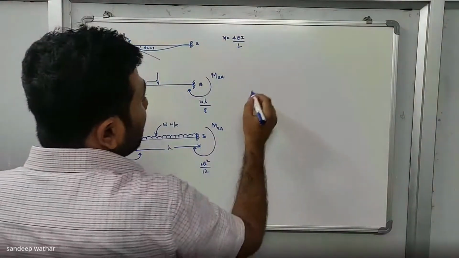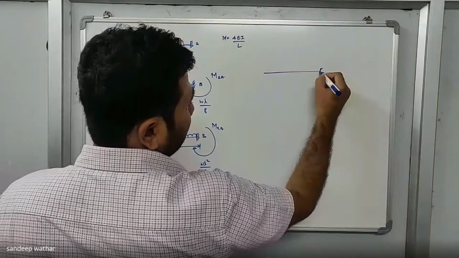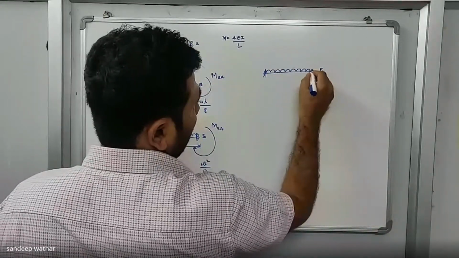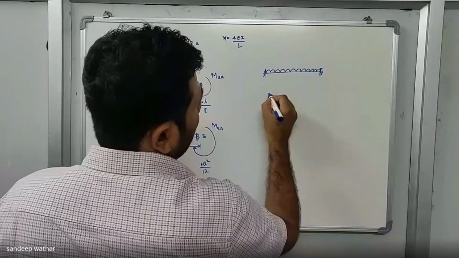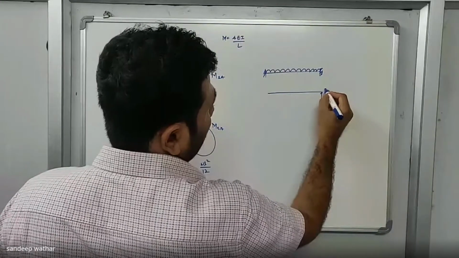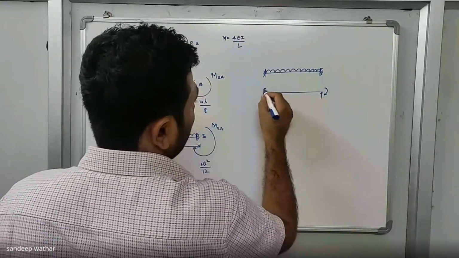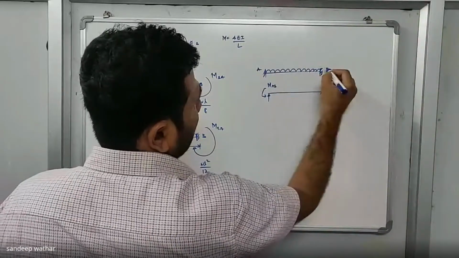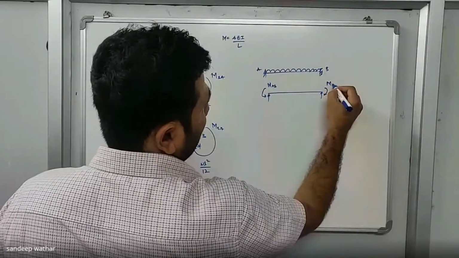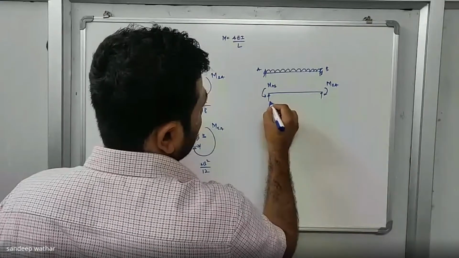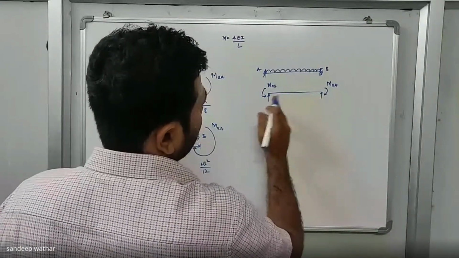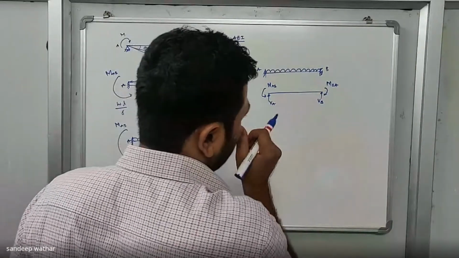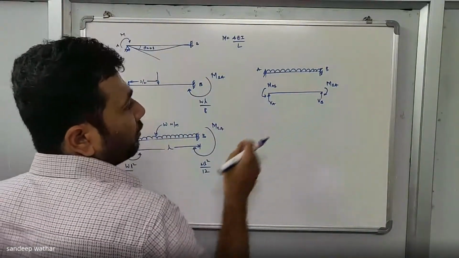What you do is take this beam and apply the load, which is UDL. Then you try to understand the free body diagram. So this will be the free body diagram. This will be MAB, this is A, this is B, this is MBA. Let me call this VA. We previously called this VA only, so now we'll call VA and VB. So this is your free body diagram.